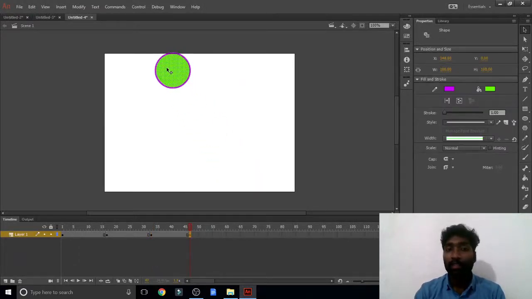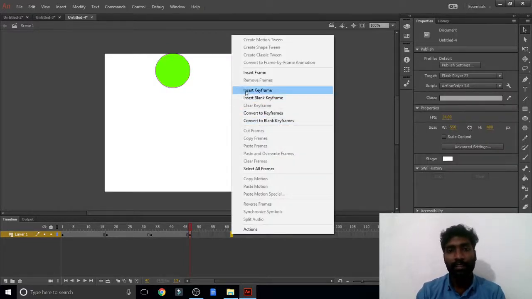When you are moving the object from here to here, if you are going up, you should go up. You should not suddenly come back. If you are going forward, you should go forward only. If you want to come back, you should make one point there. You have to insert a keyframe. Right click, insert keyframe.